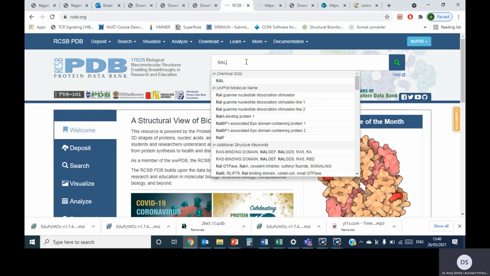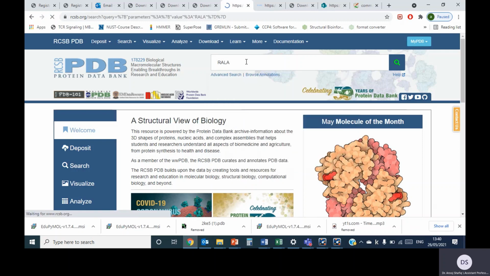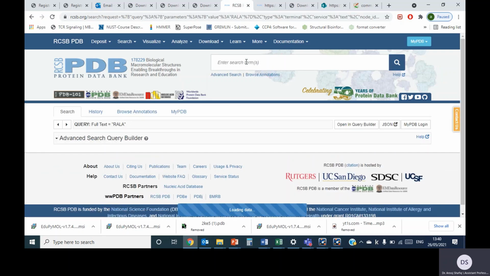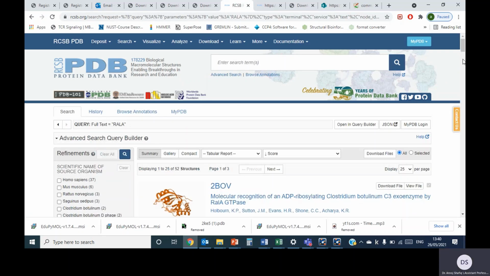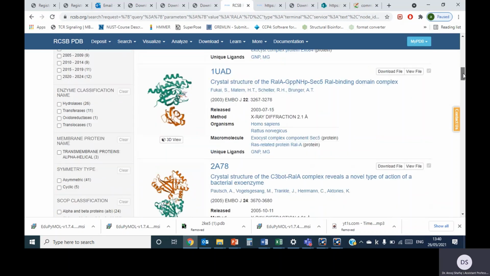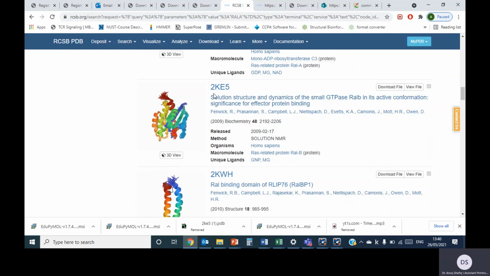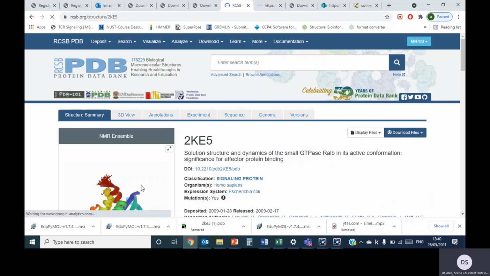Here I'm going to search for a protein called RAL-A. This is a RAS family protein which is involved in cancer. And here are some results. Each protein in the PDB, or any macromolecule in the Protein Data Bank, has a code which is specific to that protein. For example, I can download this protein, which is an NMR structure of